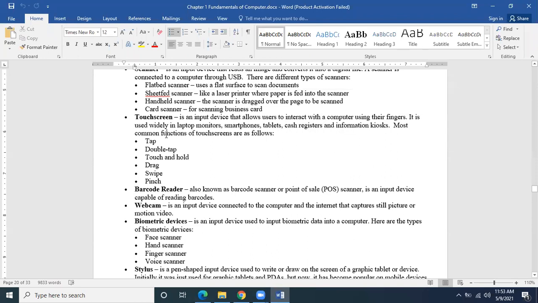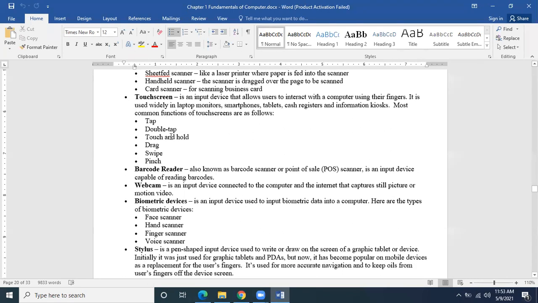Touch screen is the device used inside cell phones and tablets. It is not only an input device but also an output device. At the same time, it is showing you the output, and at the same time, it is an input device. Since it is both an input and output device, it is basically a multi-purpose device.